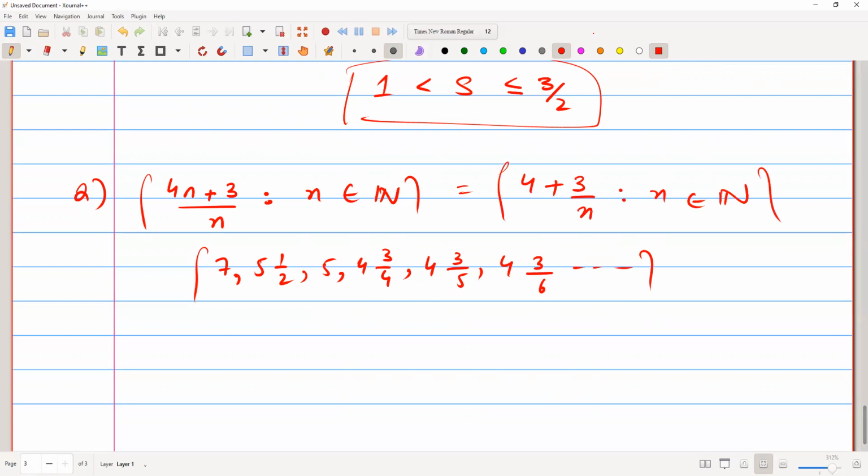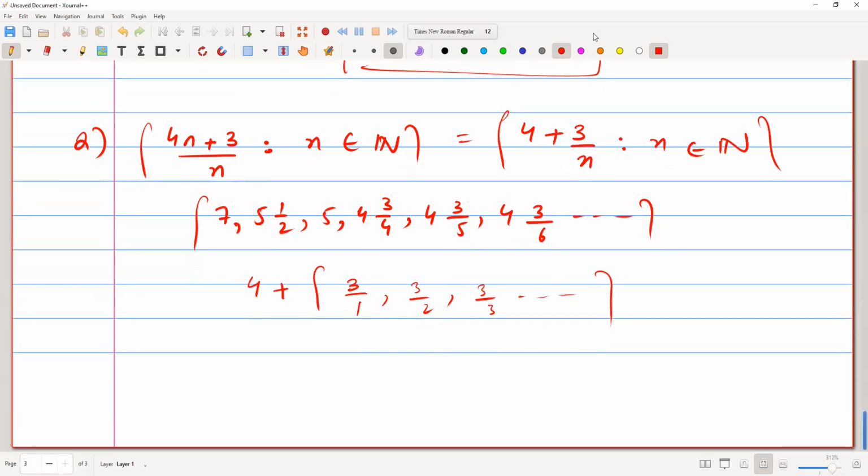So if you look at this 3 over n, the largest possibility we can write in this manner: 4 plus 3 over 1, 3 over 2, 3 over 3, and so on. So the largest possibility is that the biggest number can be 3 in this set. So 4 plus 3 is going to give 7. So the largest element from the set can be 7, and the smallest element of the set can be